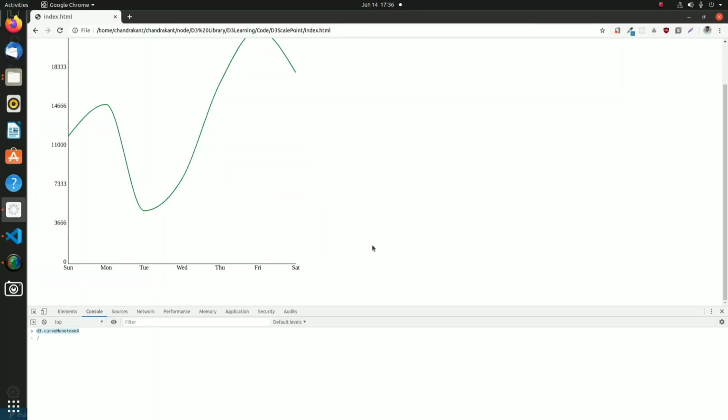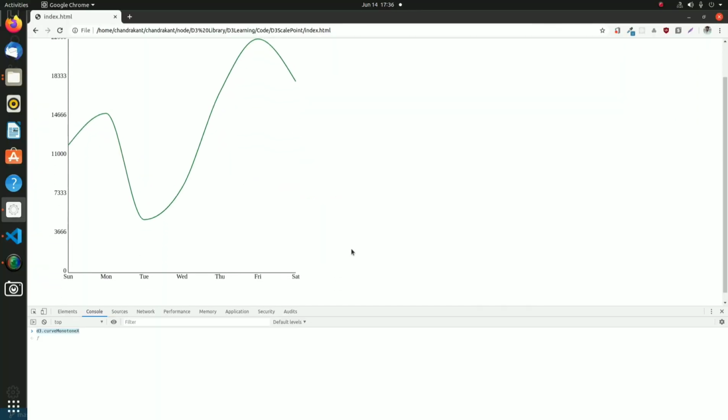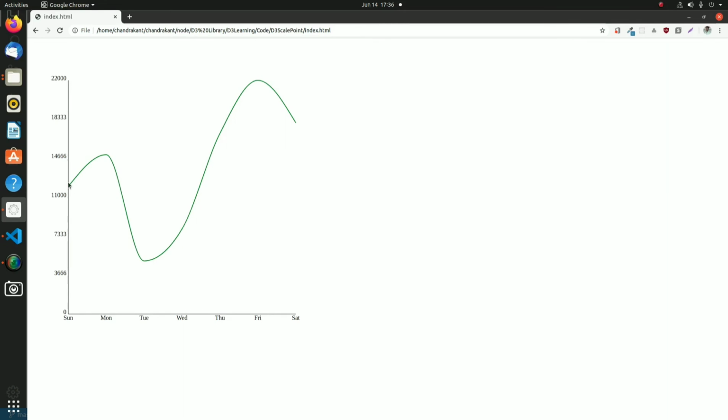So we can see what happens here. Yes, you can see that your line chart is available, showing the sales data for various weekdays.